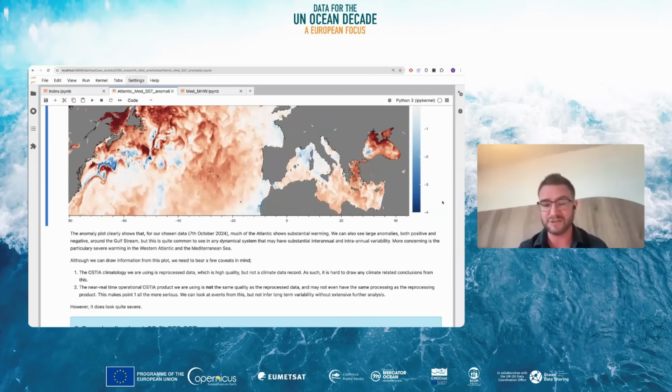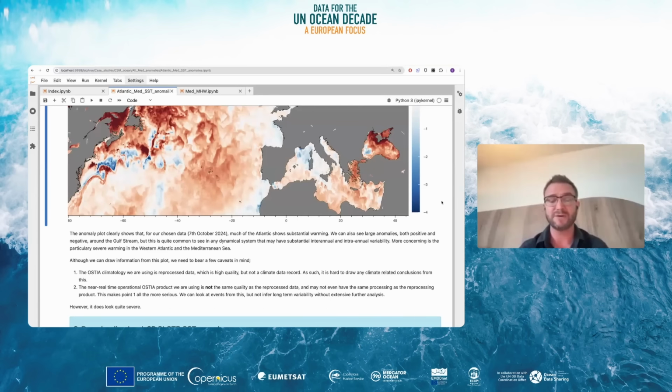So there are a few caveats we have to consider when we look at the datasets in this way. The first is, when we define our climatology, or a baseline we compare this against, is this the highest quality that we can make? Is this from a climate data record, preferably, or a long-term reprocessed record? Good, but not quite as good, or from a near real-time record, not ideally the kind of data you want to define your baseline for your heat wave analysis or your temperature or your time series analysis.